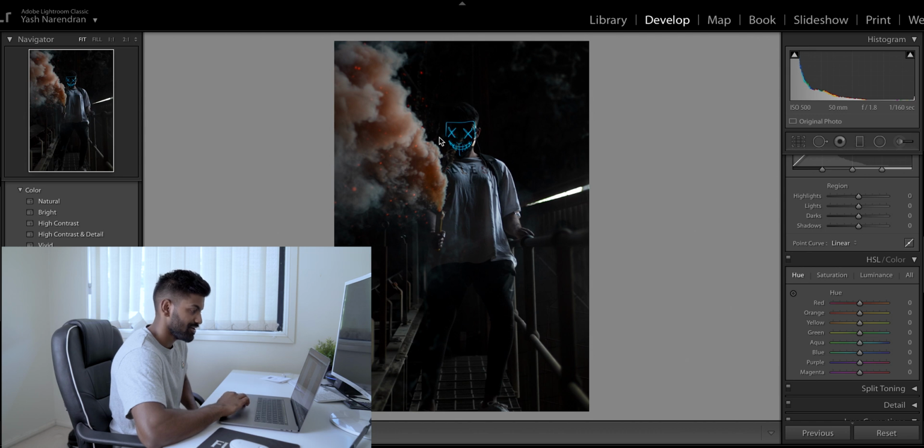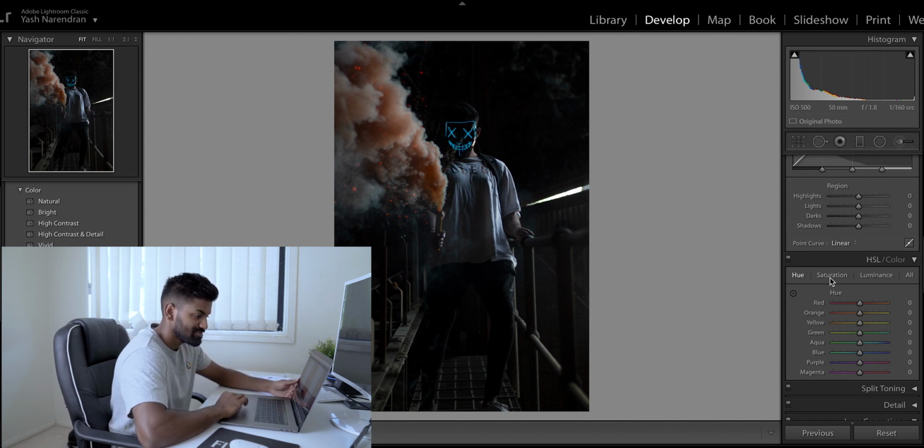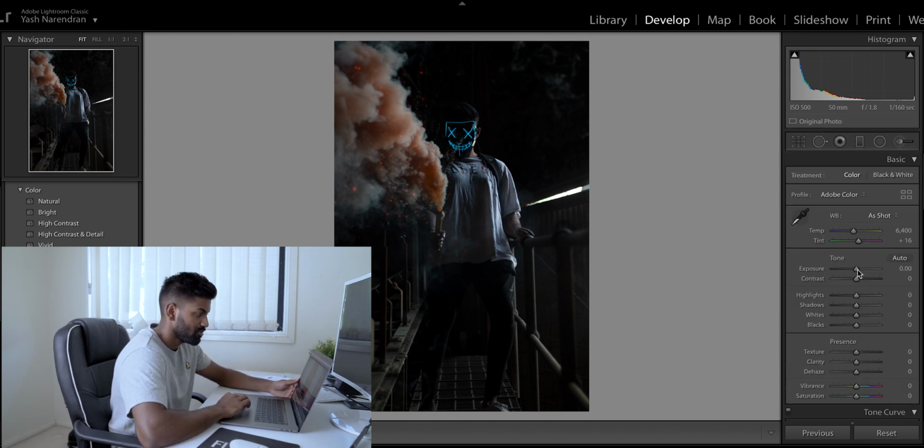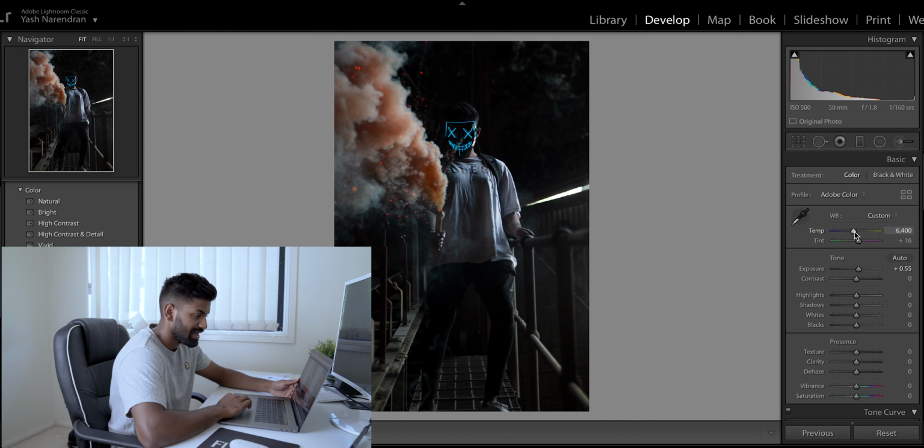So let's have a look at this photo. This is obviously underexposed. So what I'll do is I will increase the exposure just a little bit just to see what I'm working with, and then I'll come back and fix that up later if I need to. Play around with the white balance or the temperature of the photo. I like a bit of blue in my images most of the time. Sometimes I will make them warmer, but for this photo particularly I will be making it a bit more blue,